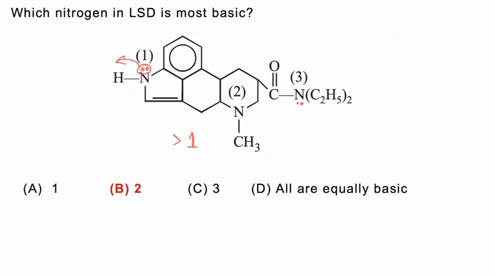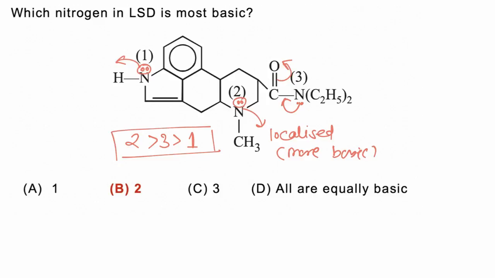In second and third, in the second case the nitrogen lone pair is localized, and if the nitrogen lone pair is localized it is always more basic. Localized ones are always more basic, so 2 is more basic. In case 3, the nitrogen lone pair is shifted towards the more electronegative oxygen, and if the lone pair is involved in resonance then its basic strength will be low. So out of 2 and 3, 2 is most basic, then 3, and 1 is least basic,